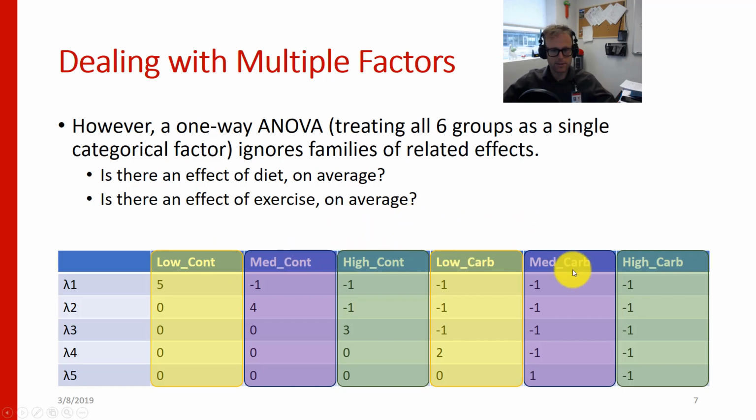This group and this group both had medium levels of exercise, and this group both had high levels of exercise. So if I wanted to ask, is there an effect of exercise on average, I would ignore the effects of diet and average these groups together, and average these groups together in order to say, all right, for people who got low exercise versus medium exercise versus high exercise, how did that influence the outcomes in